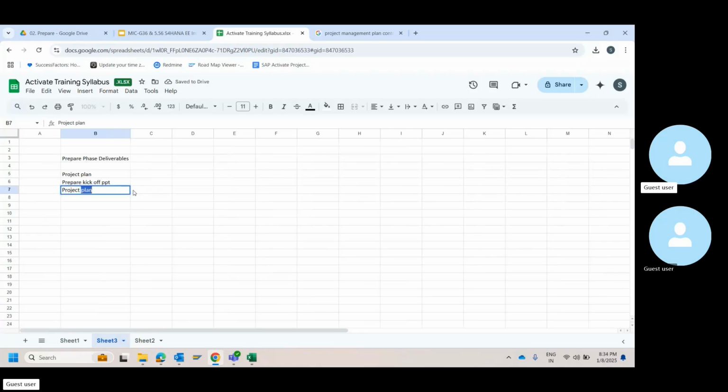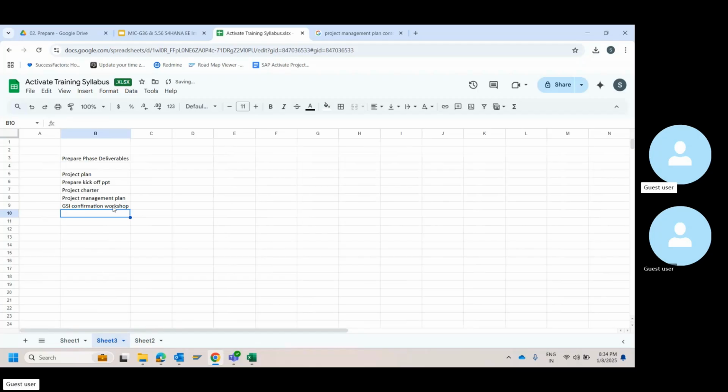Then project charter. Then project management plan. This I can still prepare irrespective of the consultant's intervention. It's not an issue, right? Then now I will also have my consultants parallelly executing GSA confirmation workshop.